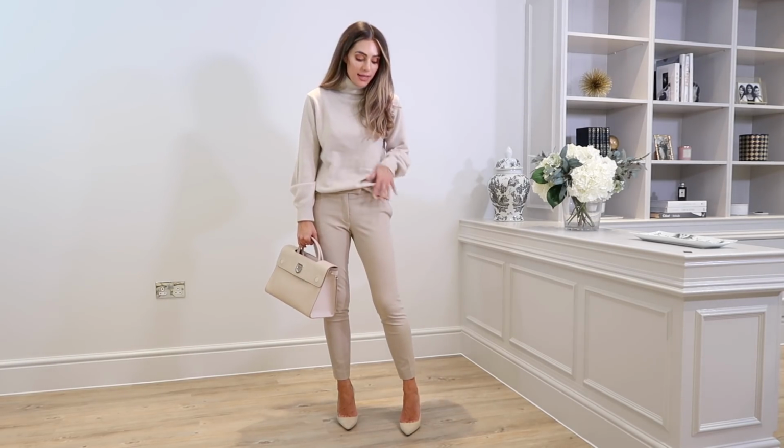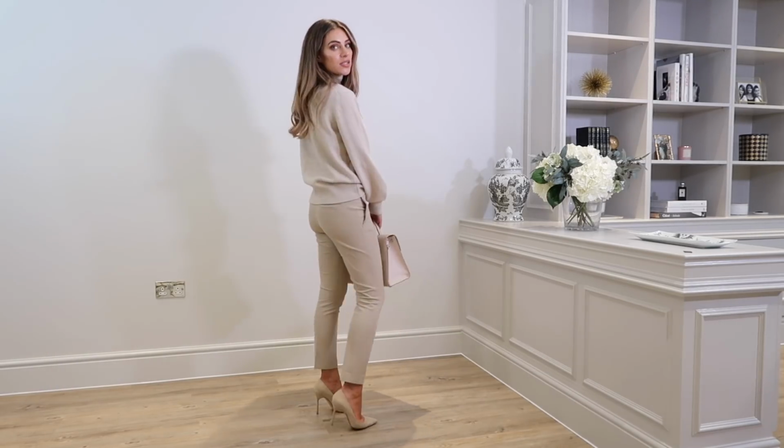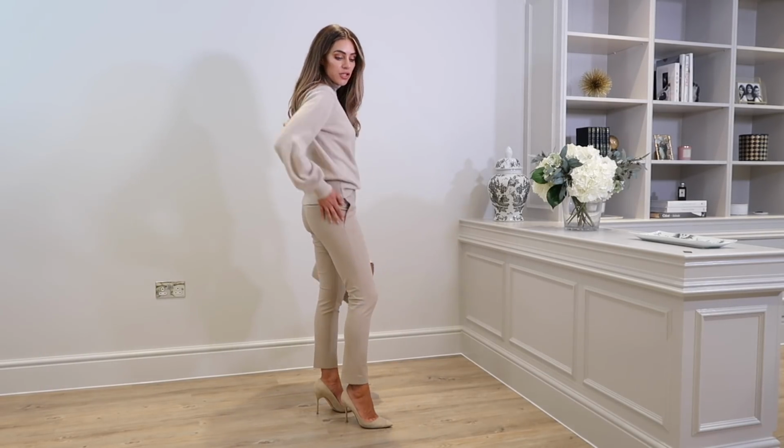I've done it at Fashion Week before, just matching all different shades of nude. These are slightly different shades, but they all work really nicely together. Again, this jumper is exceptional quality, super soft, and just looks so perfect with these chinos. These chinos are a great buy as well, by the way. This will be an outfit that I wear a lot to meetings and events just because it looks nice,